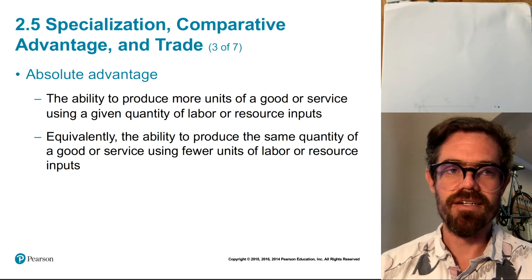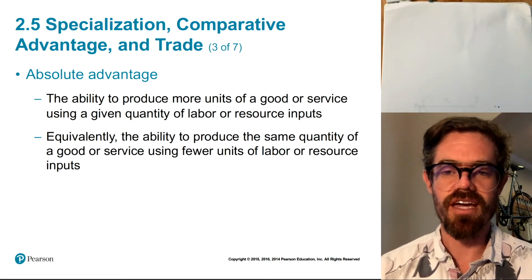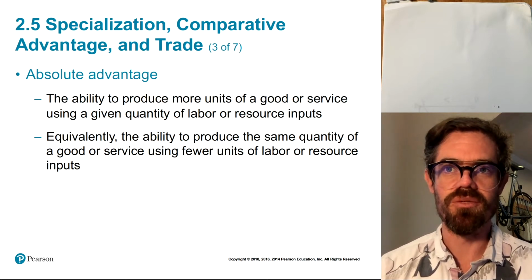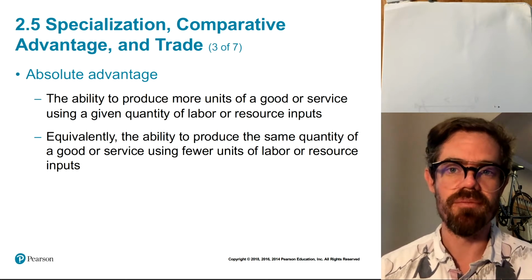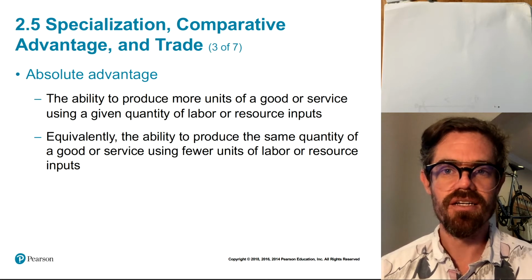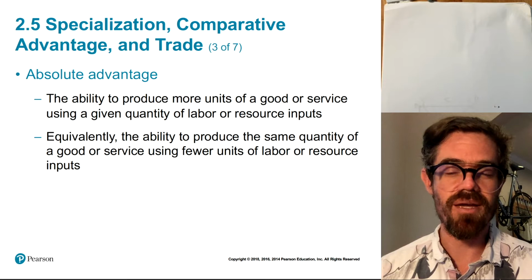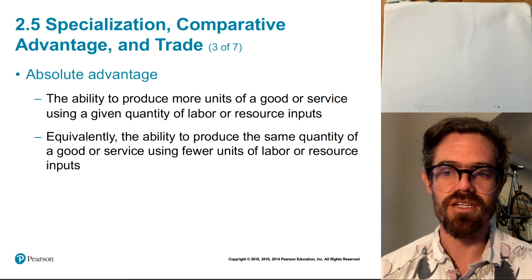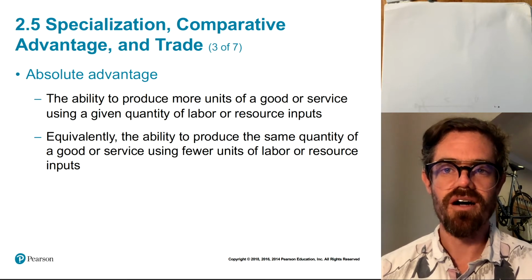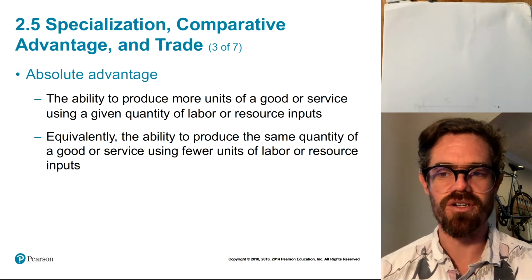might seem like a good idea for someone to produce something if they have an absolute advantage, but really what we should be thinking about is, well, what do they have to give up, right? If they have to give up a lot, even though their absolute advantage might be high, they can produce a high number given a set amount of resources. If they also have to give up a lot in order to produce that, then maybe they shouldn't necessarily be the one producing it. There might be somebody with a lower opportunity cost of production, and they should be the one specializing in the production of that good.